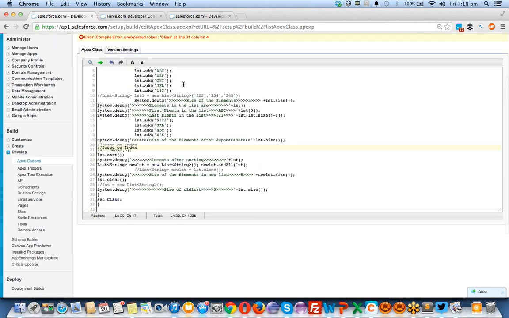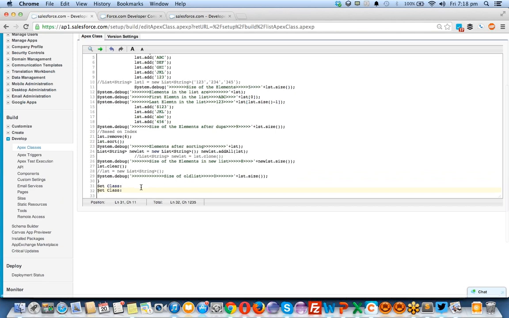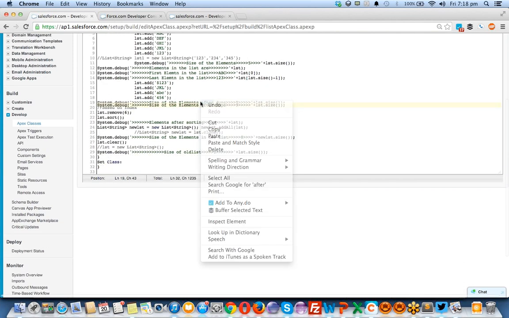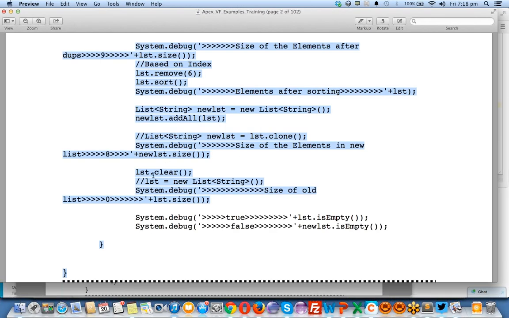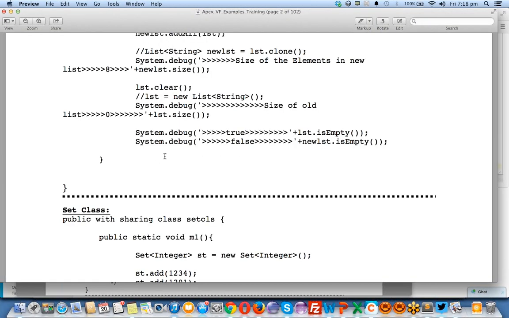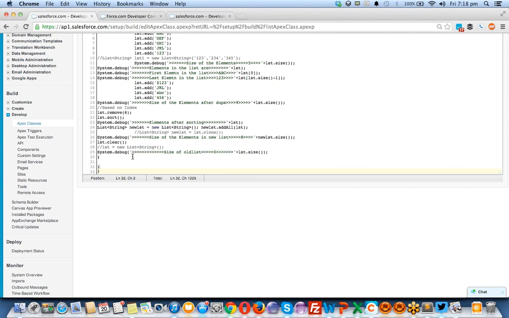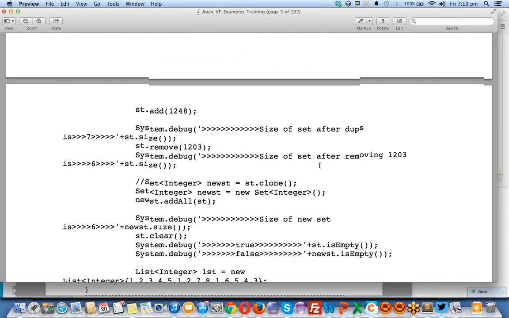One second. I have one more error on line 30. This set class is not defined properly. I have to copy these lines again. This is the old list, and I want to copy these two debug lines also.